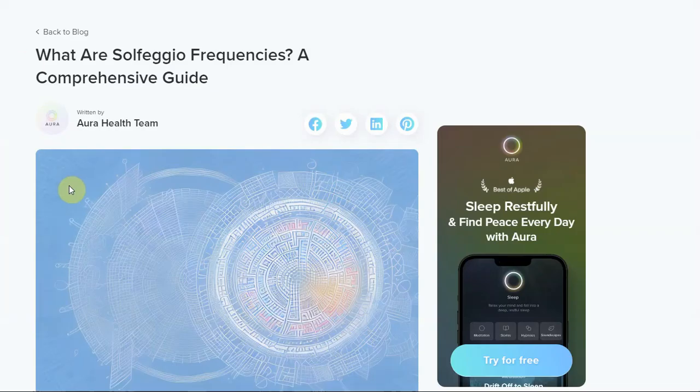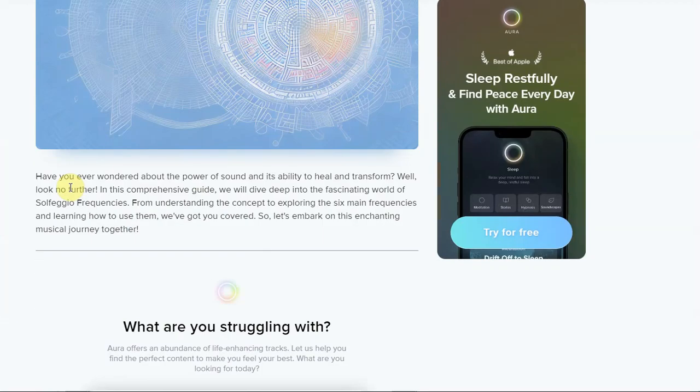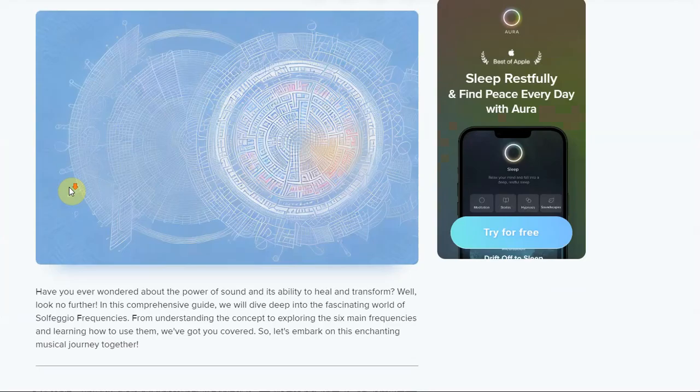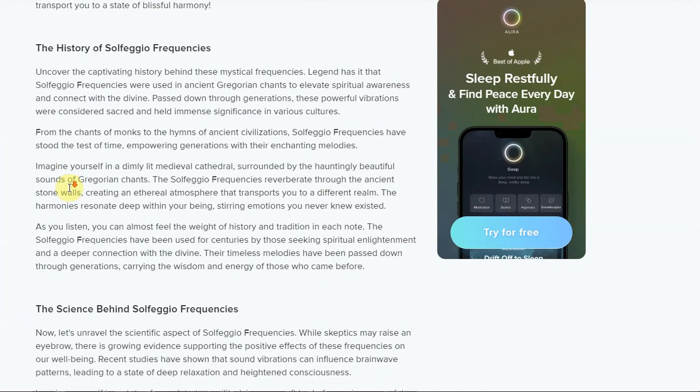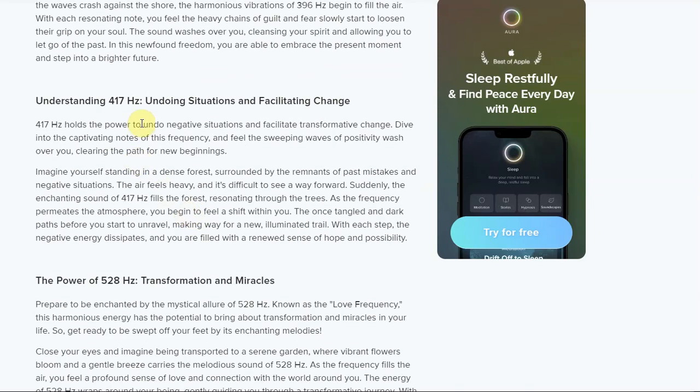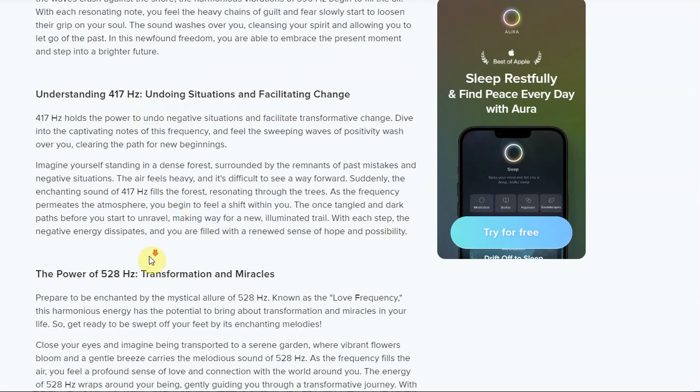Now, in terms of the Solfeggios, just as an example, this is one example of divine frequencies. This is a link in the video description. It describes what the Solfeggios are, how they came about, their divinity, and then here are the numbers, right? So if you want 396, liberating guilt and fear, 417, undoing situations and facilitating change, and then of course